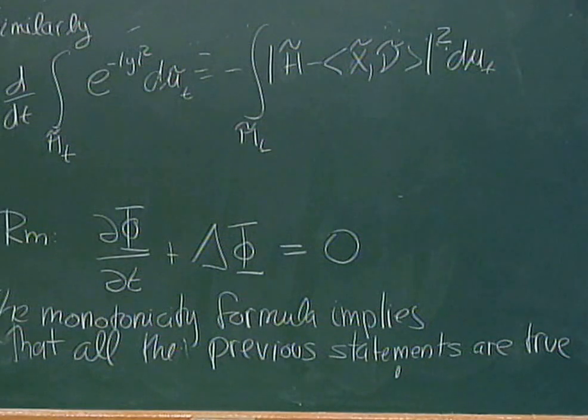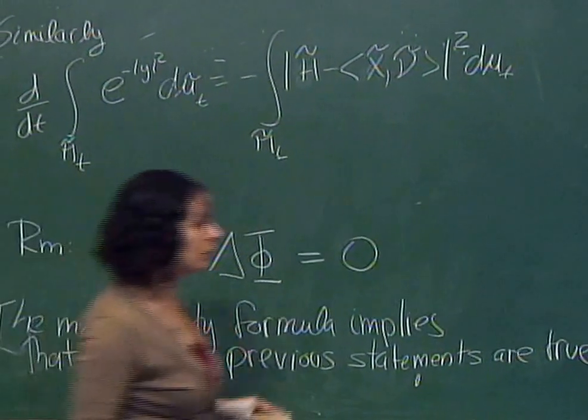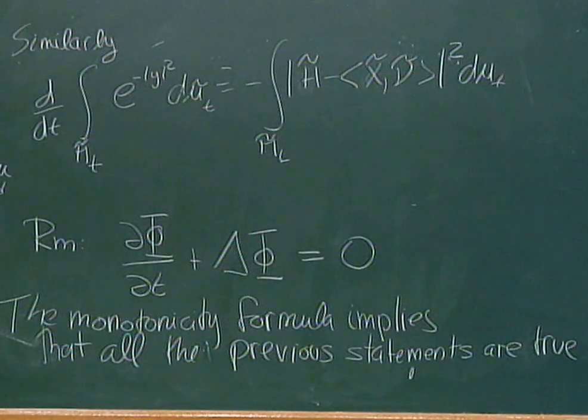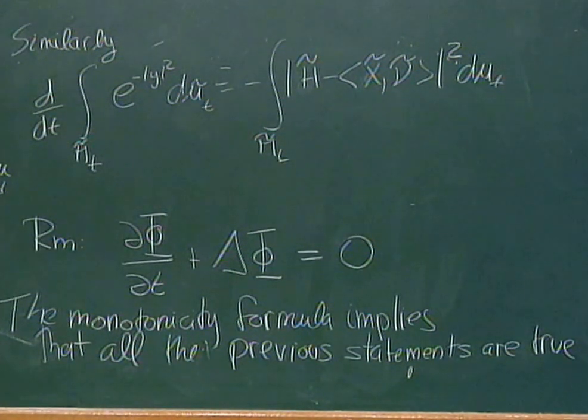There are other monotonicity formulas that I'm not going to present here, but there has been work on trying to find different monotonicity formulas. So, okay, understanding singularities type 1 means trying to classify things that have this property. So, to understand singularities type 1,